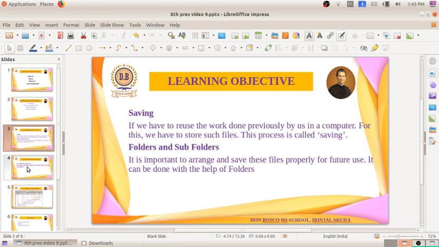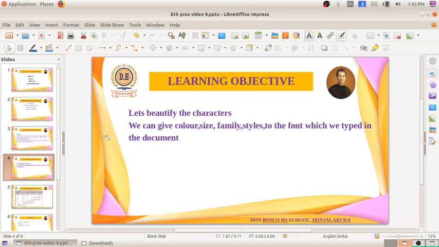Okay. So this much it is okay. And the next thing we have to keep in mind is we already typed a poem. There are many tools and methods to make the characters more beautiful in a beautiful format. We can make all the text or all the lecture what we have written in the LibreOffice Writer document in a beautiful format. So we will be discussing what all are the steps which help us to do that.